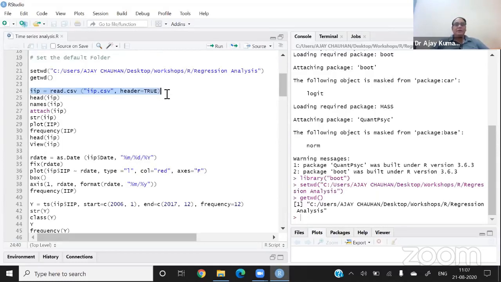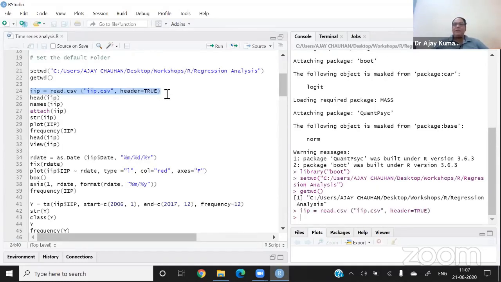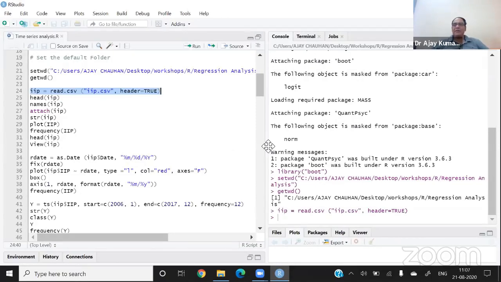So let's run it. Okay, now the file is imported. You know that the software is showing no problem here in the console. I enlarge the console and the script file so that you can see everything clearly.